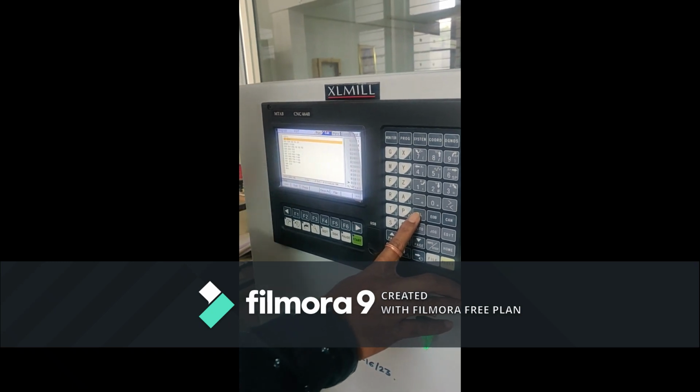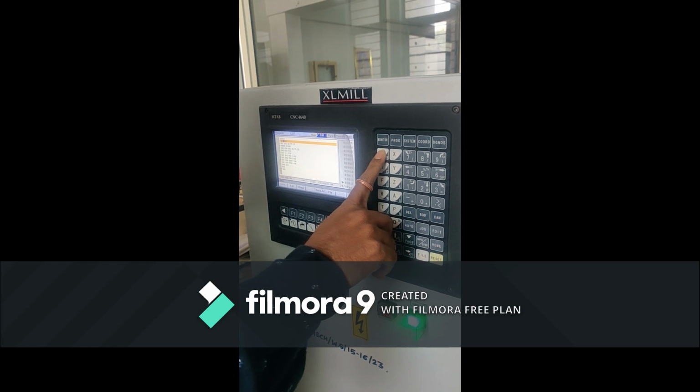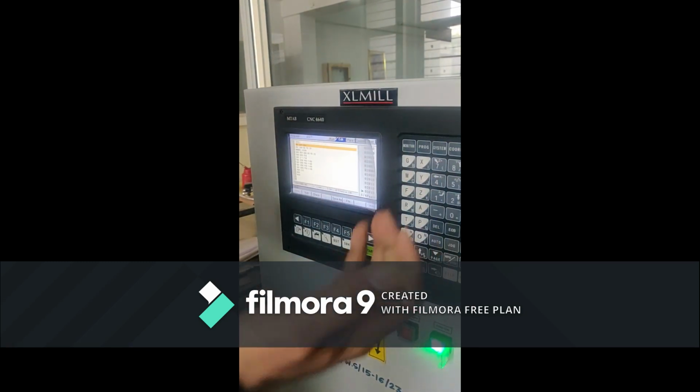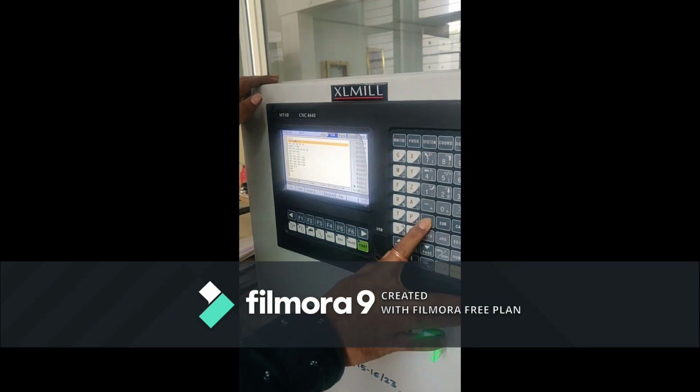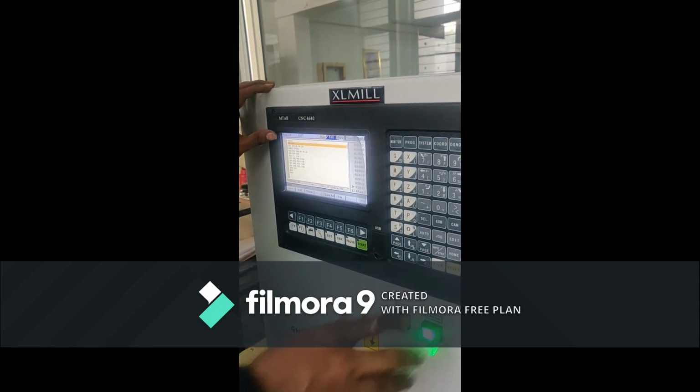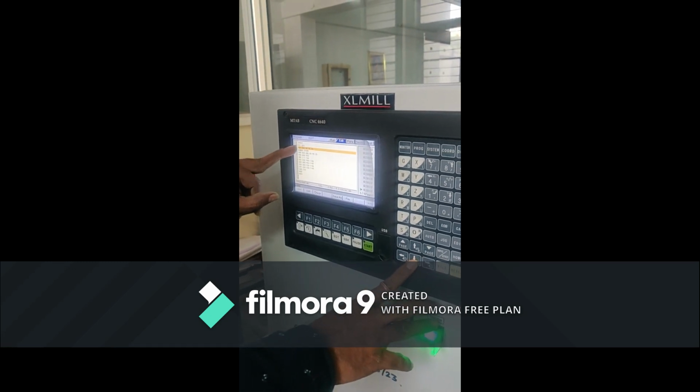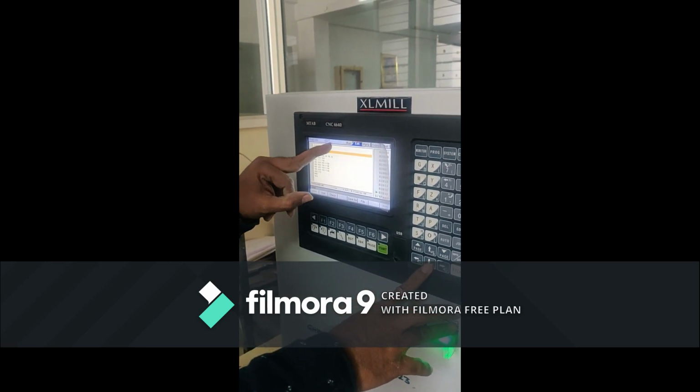Now next is G94. If you are writing G94 here but G94 is already there, it will be deleted like this. Next, end of the block, or next step like this: G91, G28, X0, Y0, Z0.